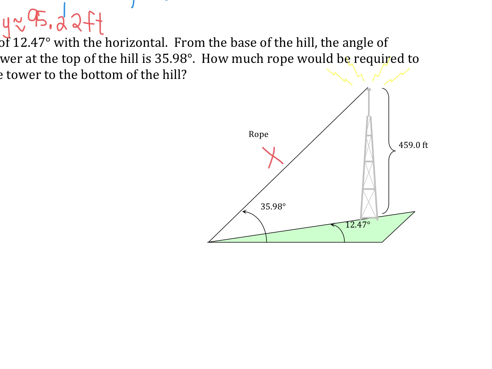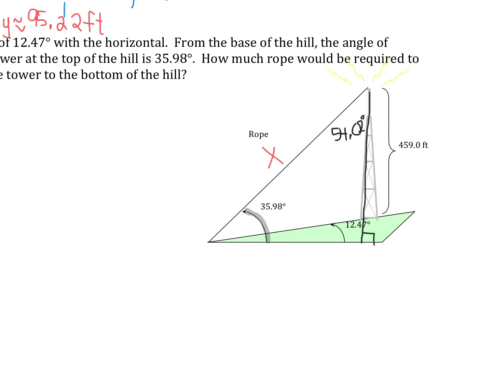Okay, you're gonna have similar problems in your homework, and these do tend to give kids trouble sometimes. So that's why we put this in the notes, to give us practice. Here's the thing, we're gonna drop down this altitude and make this a right triangle. Why? Because now, if I look at this triangle as a whole, I could find the top angle, because I wanna find angles. Without that right triangle, it was kind of difficult to do. So now that I know this entire angle here is 35.98, the top one is going to be 90 minus 35.98, aka 54.02